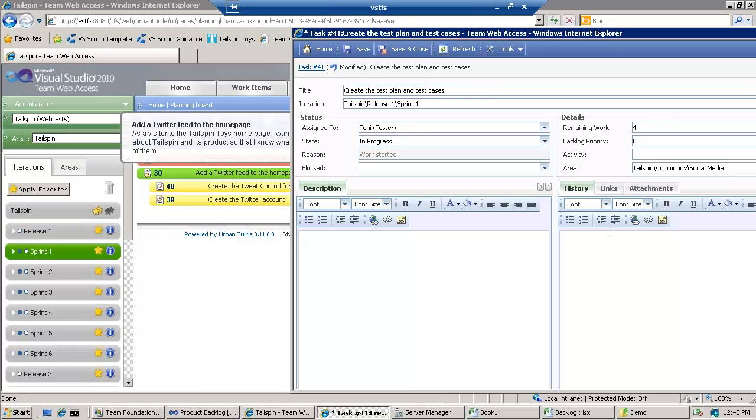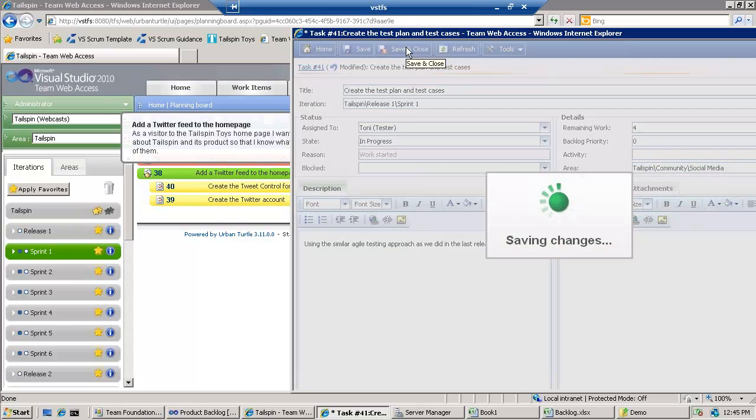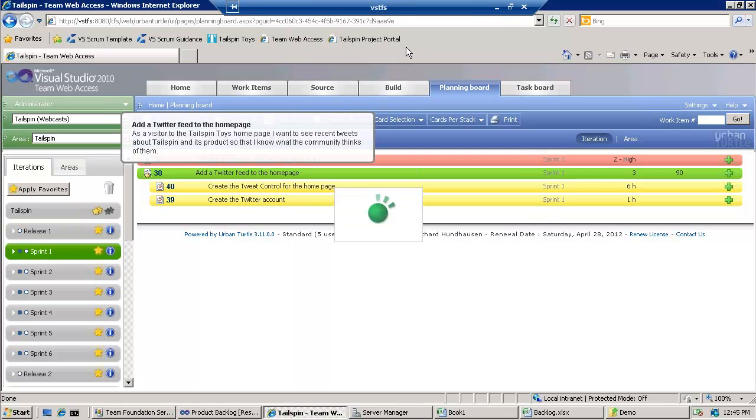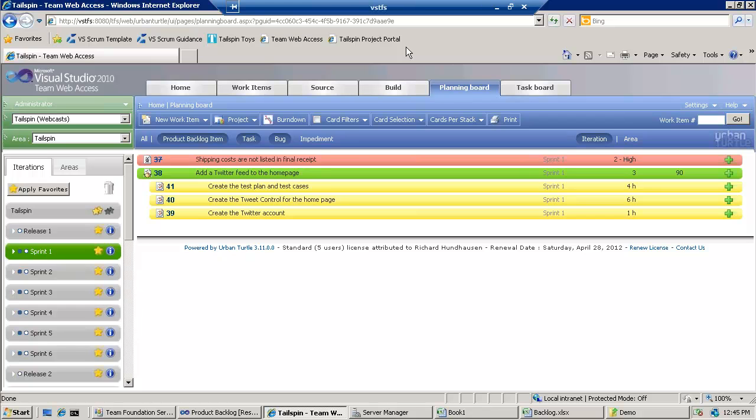And then she can put in descriptions here, using the similar agile testing approach, which is just basically as we did in the last release, whatever, just some notes, save and close. So you can start to see now that your sprint backlog is fleshing out here. You've got your PBI, you've got your related tasks, and you can see now how many hours are remaining,